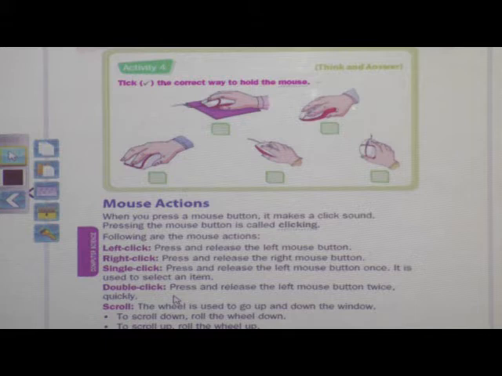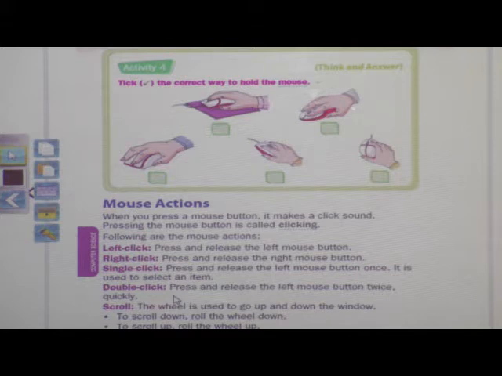So what is the left click? It is to press and release the left mouse button. If you press the left mouse button, it is the left click. Right click is to press and release the right mouse button.